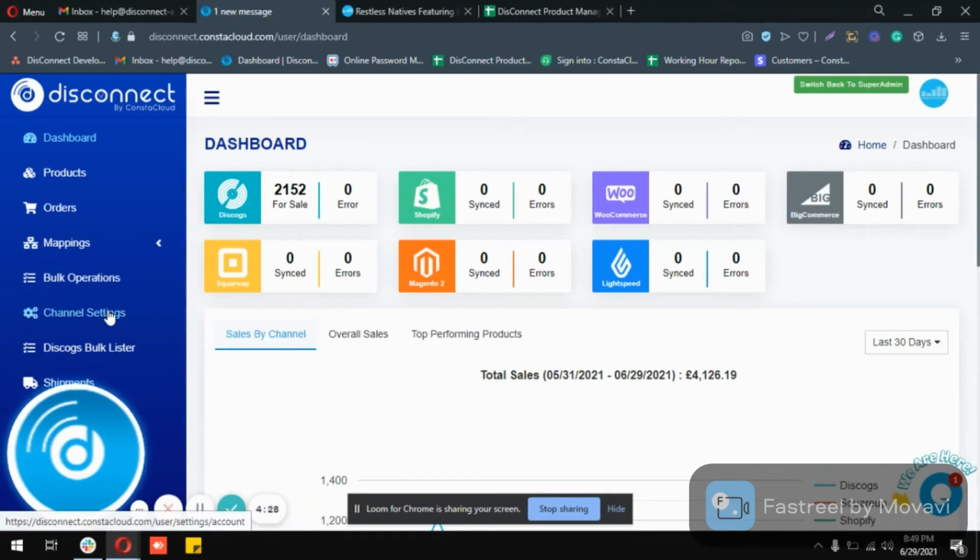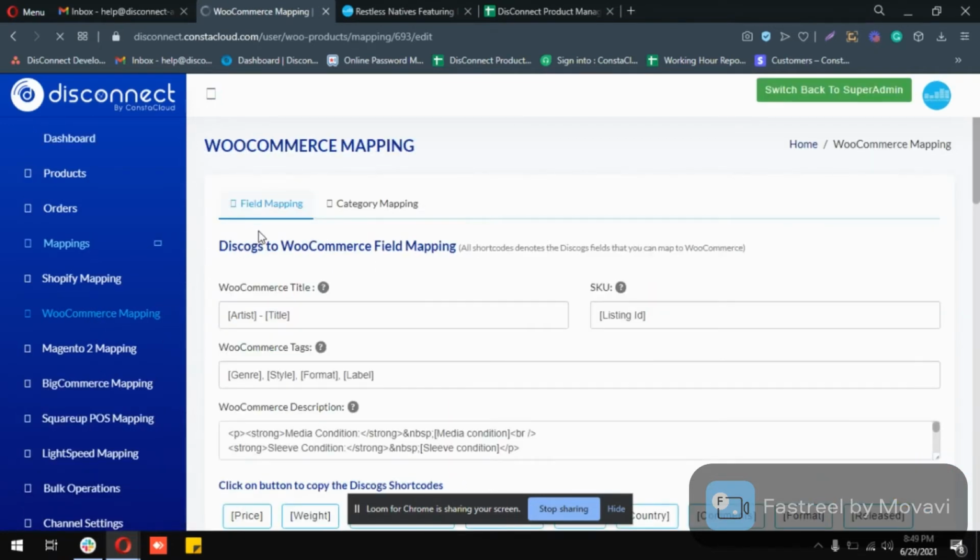But if you want to send the products to proper categories of your WooCommerce store and want the proper details of the records to be displayed in your WooCommerce, then you can check our mapping sections. You can go to the mapping and click on WooCommerce mapping. Here you will first notice the field mapping.